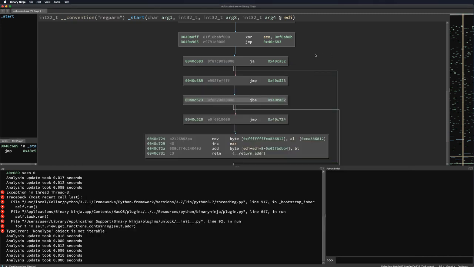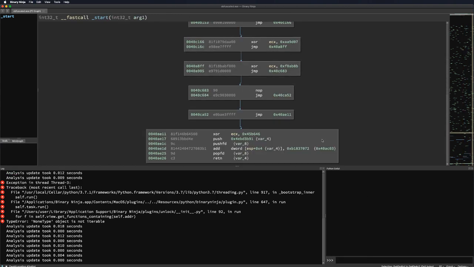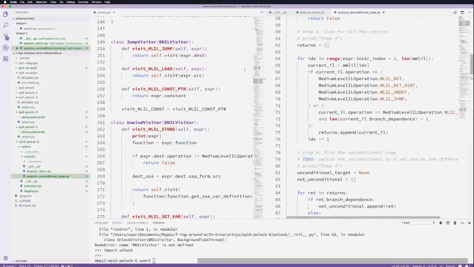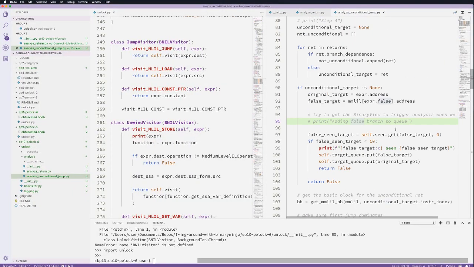Well, 683. Oh, right. And then it's not on the queue because it got... This one did it. So the problem then is that I'm not checking for the